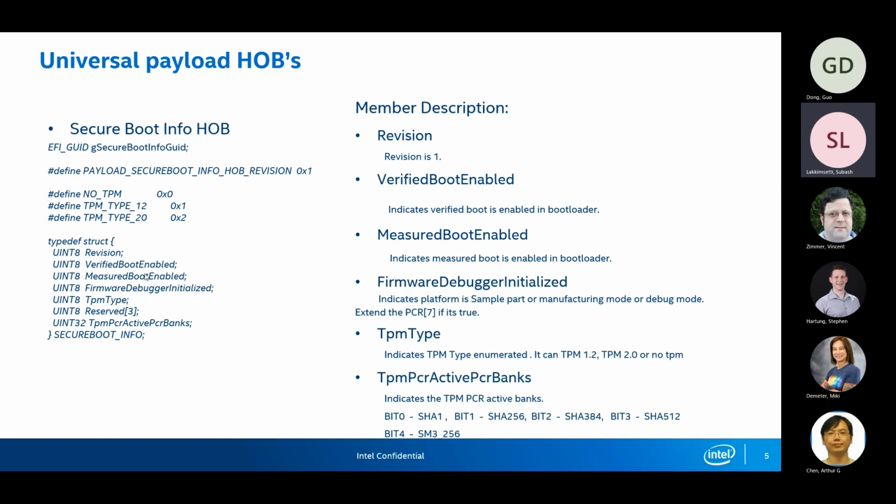I mean, to maintain the chain of trust we want this flag to be enabled, but I don't believe there is required information to be passed from the bootloader to the payload about the strength or function of the verification. You're not saying I verified against a hash or public key or how strong, you're just saying I'm doing verification. That's right. And you know that it passed verification, else you wouldn't be in the payload because you would have stopped. But it says verification is active. Okay, I see your thinking. Yeah, that's right.